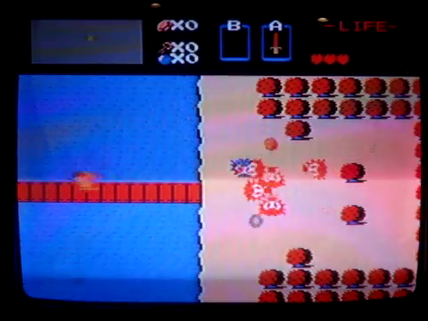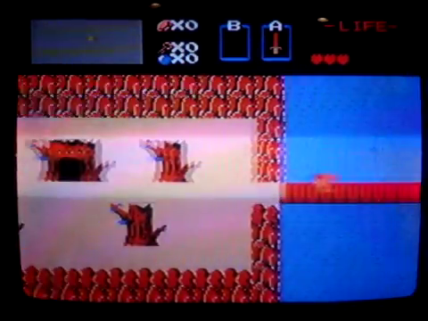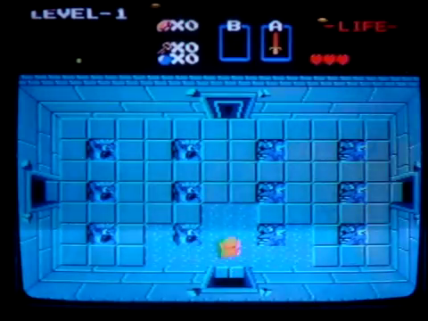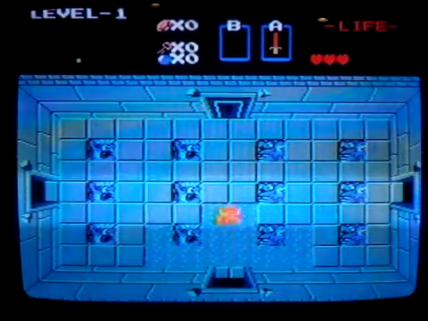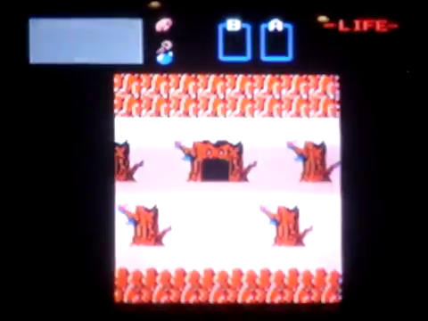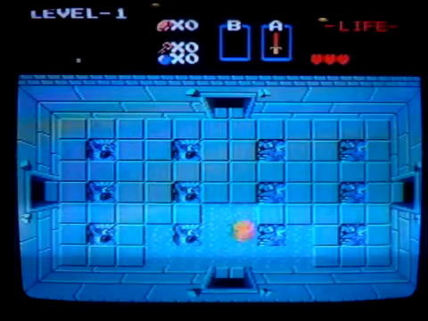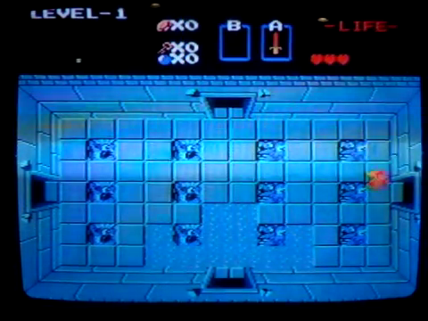Now here's the first dungeon. And this is not a walkthrough, it's just like a little review. Now you'll notice that this door that I just shot at, it's locked. Can't get in it. Now watch this. When I leave the dungeon and re-enter it, look at this. It's unlocked. That can be very helpful